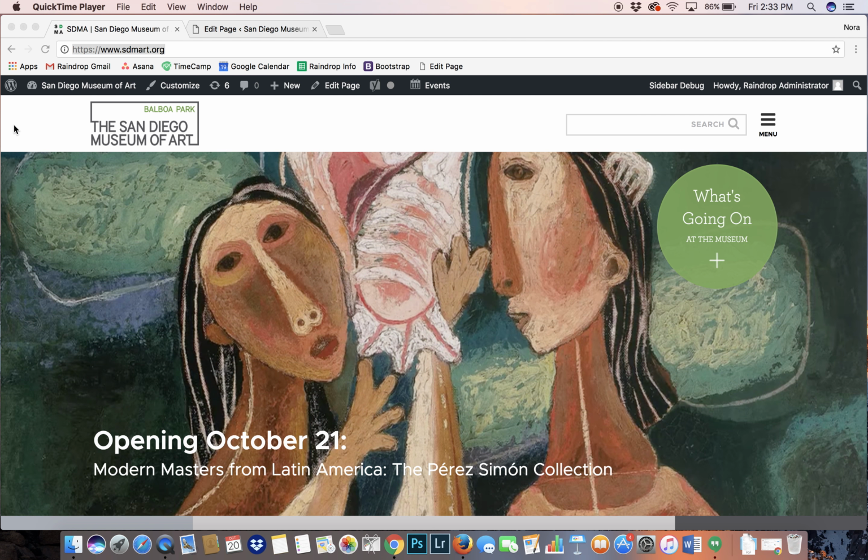So there's one element on the home page that you can't edit just by opening the back end of this page, and that is this very customized what's going on button. Most of what is on here pulls through different parts of the website. So there isn't a page that you can open the what's going on and edit all these fields, but you can edit it through your dashboard. So if we go to our dashboard,